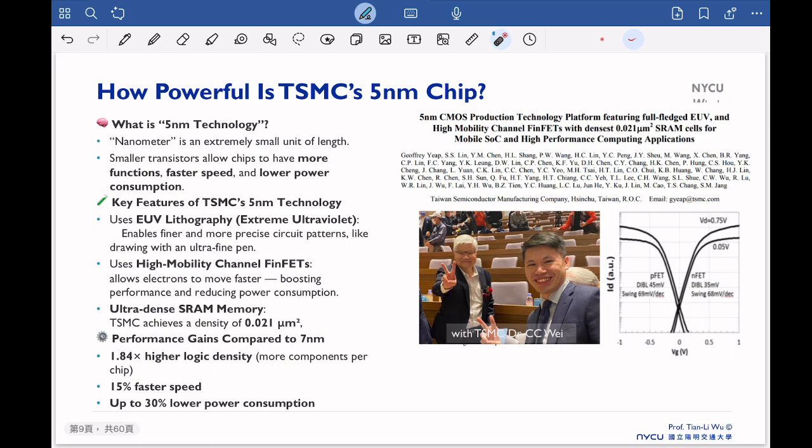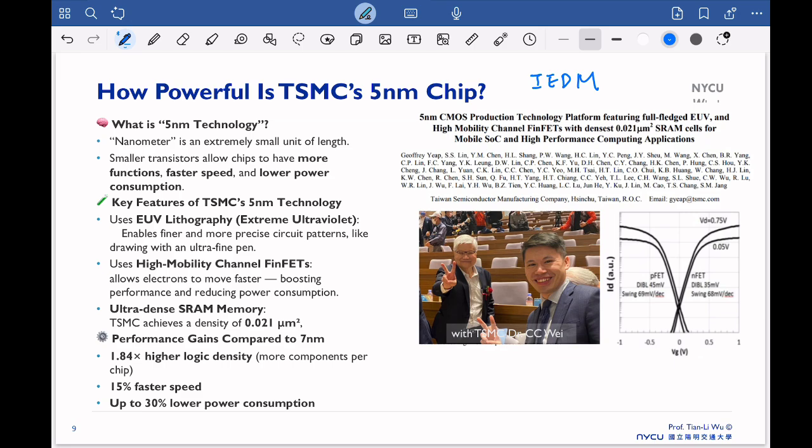Okay, and let's look at some of the detail related to this nanometer level chip. This is the TSMC publication about their 5 nanometer semiconductor chip. And this is a paper published in a very important electronics device conference happening every year. It's considered a semiconductor Olympic kind of competition and exhibition that we call the IEDM. The full name is International Electron Devices Meeting. So every year in this conference, we can see all the very advanced developments in semiconductor, and